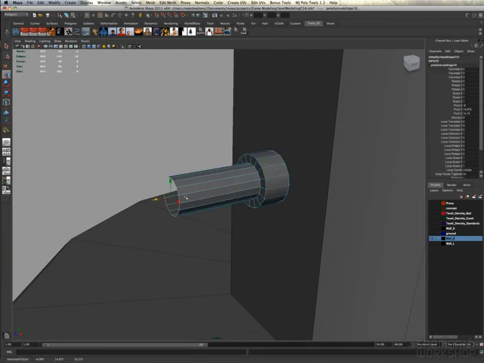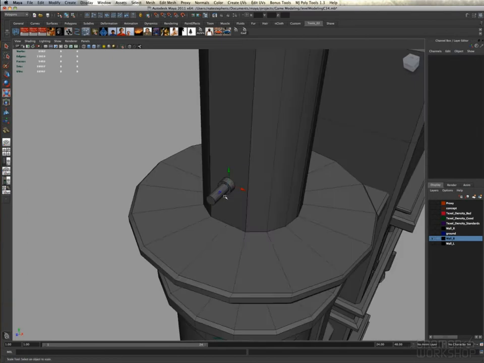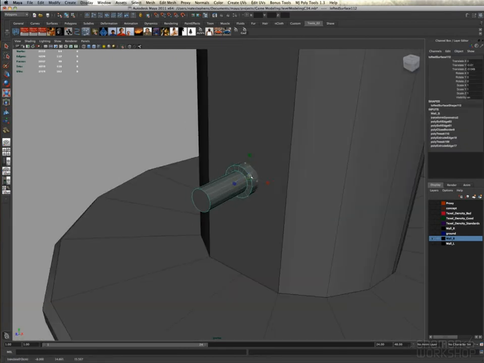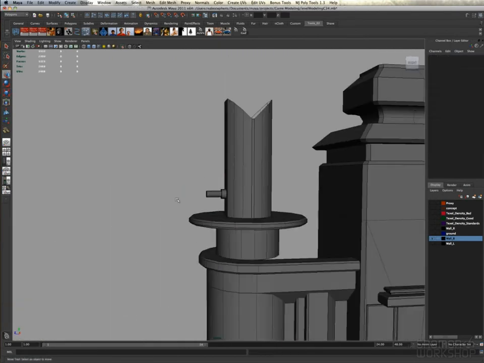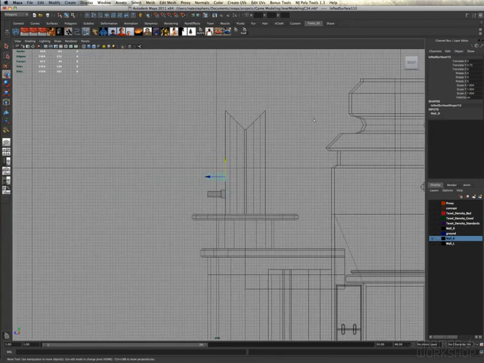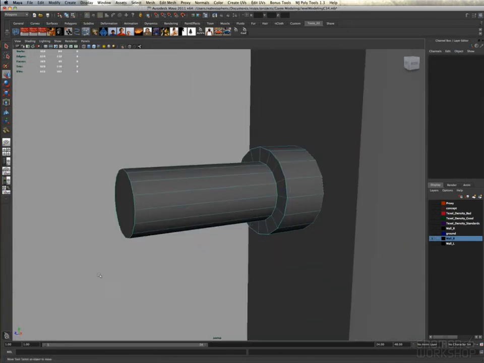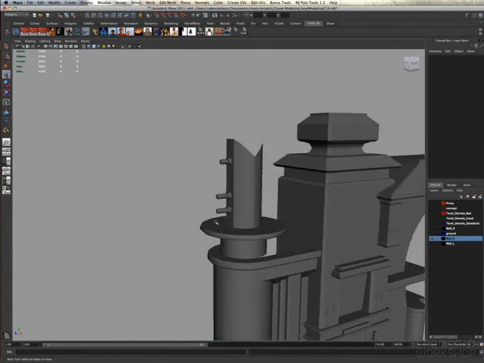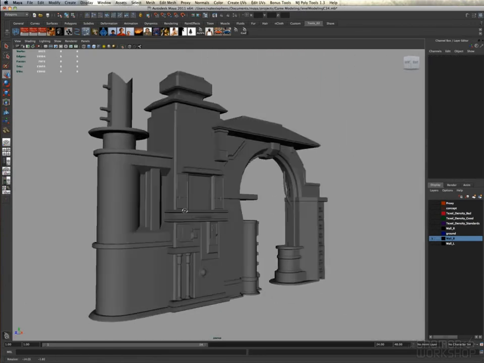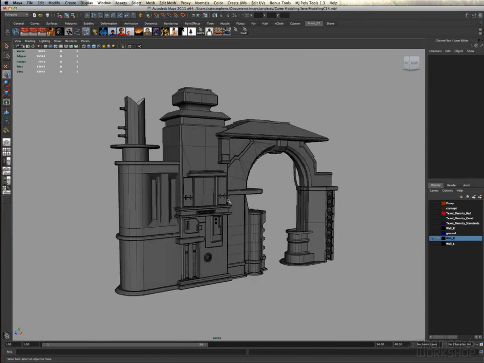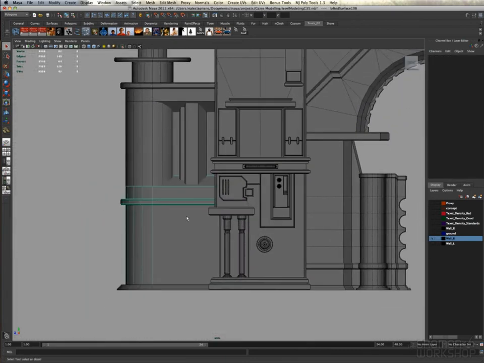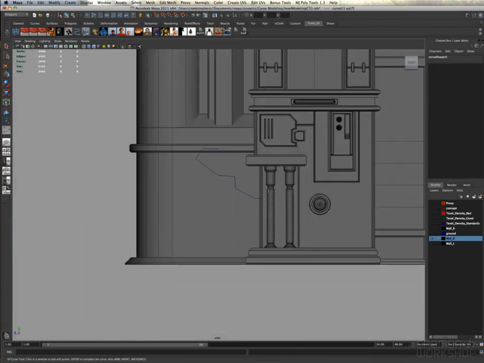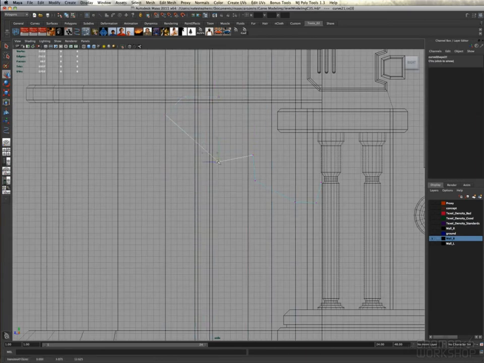And we'll add a little bit of detail here for some piping. And duplicate that up a few times. And these are just nice little elements, very simple to make, but they affect the silhouette nicely. So from far away, instead of it just looking like a big boring cylinder, it has an interesting silhouette to it. So now I'm going to move back down to this lower wall, which it became apparent to me was